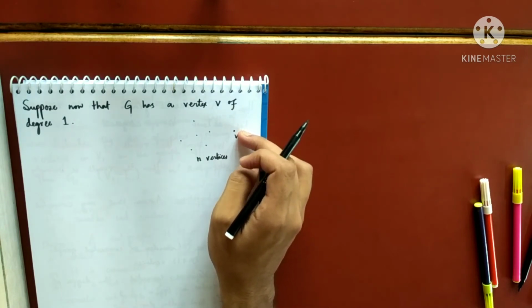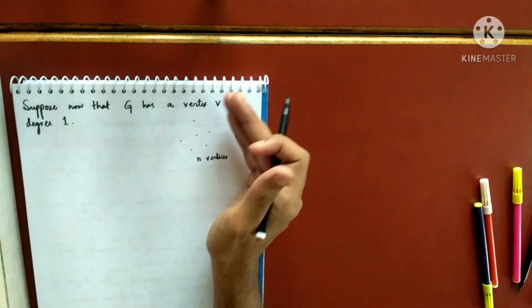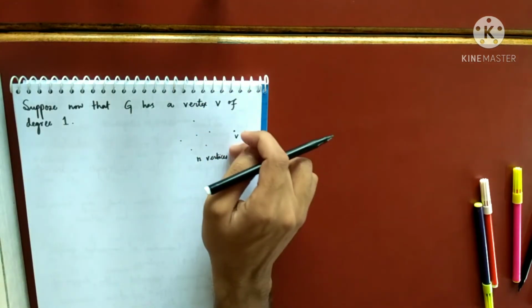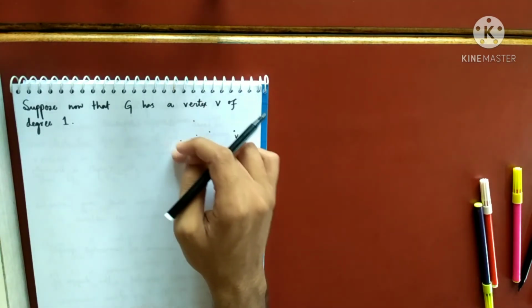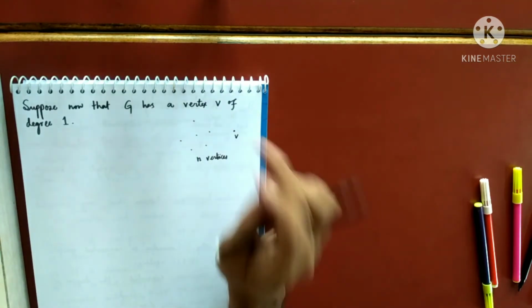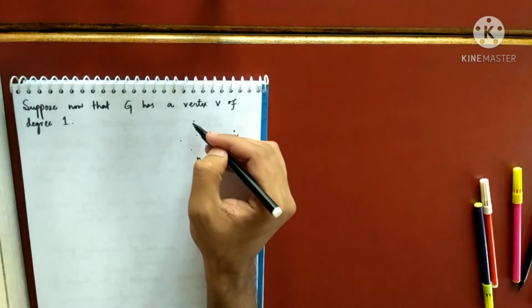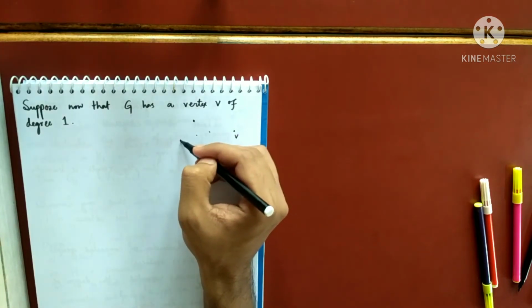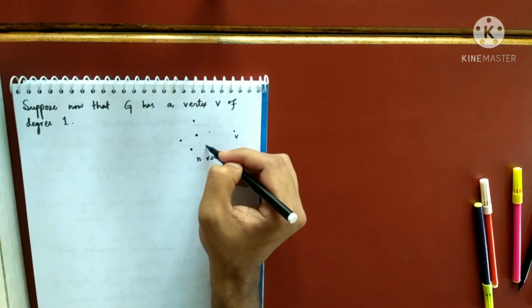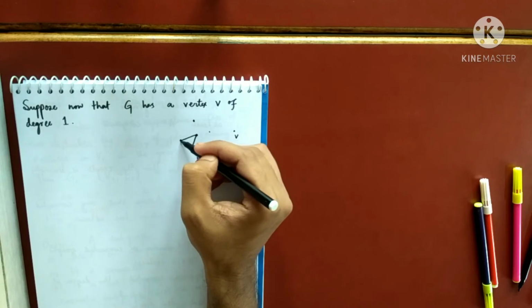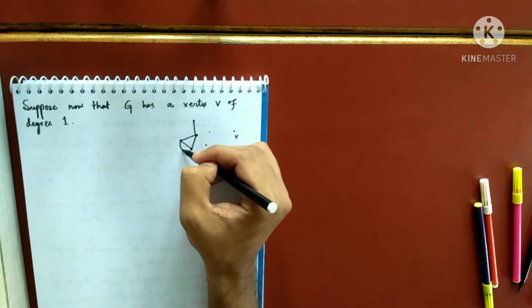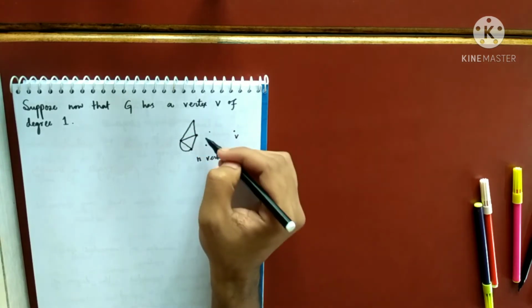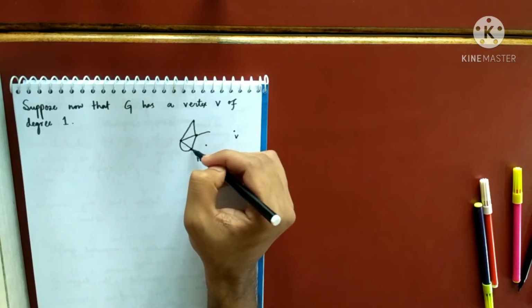Keep that in mind. So I am just keeping this vertex aside. There are n vertices here, and including V there are n plus 1. And I don't know the degree of these ones. The degree of these ones is at least 1. I know that. So they may be connected like this, like this, like this. I don't know. I'm just drawing like that. They can be parallel edges also. I don't know how G will look like. But I know that G is connected.